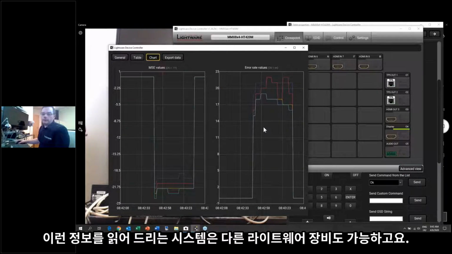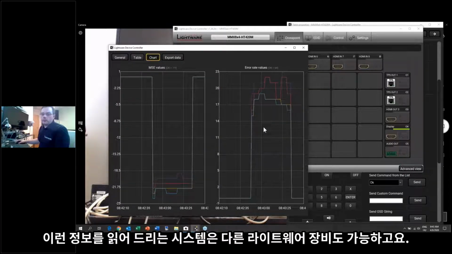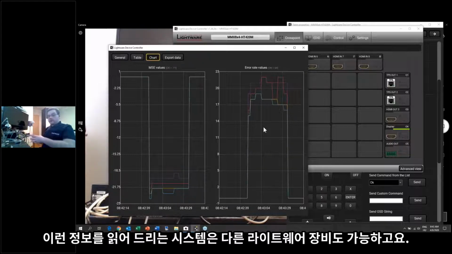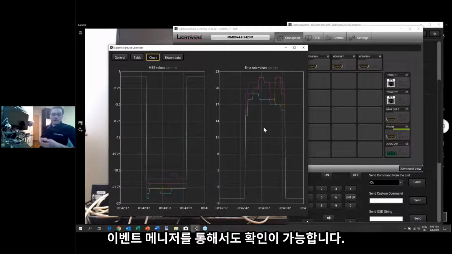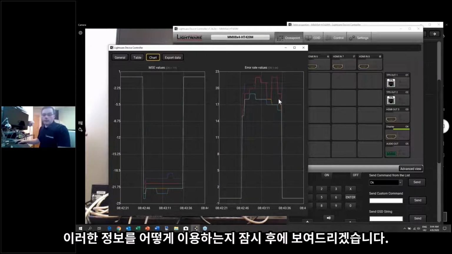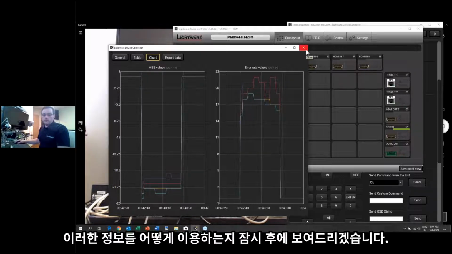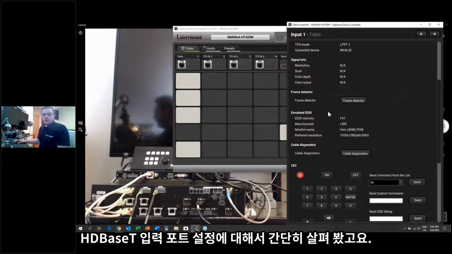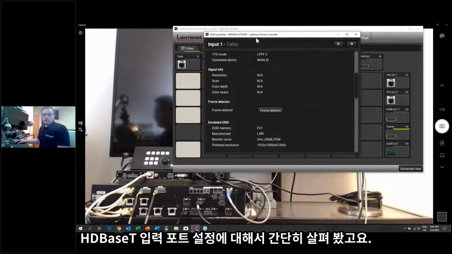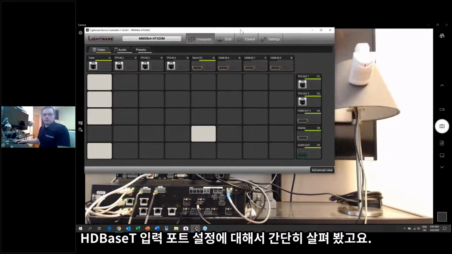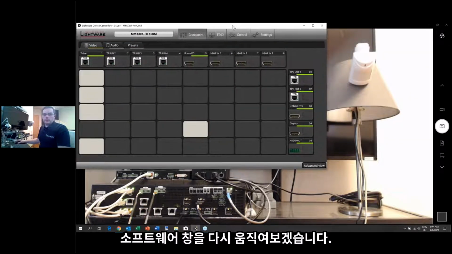I plug it back, and soon we will get back this signal information. So this data also can be gathered in the Lightware unit. Especially we can use our Event Manager for it, and we are able to use it from third parties. So later I will show it to you, but for now I just close this part. Okay, so that was the quick tour for the HDBaseT setup. So I just come back here and